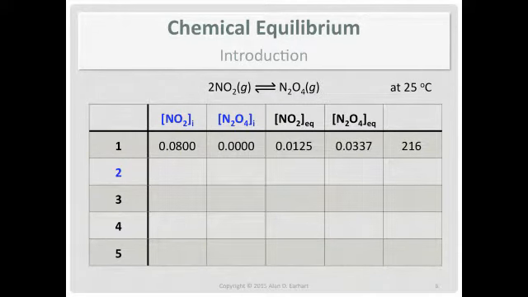Well, let's look at another setup. And we'll start by putting nothing but dinitrogen tetroxide in the container. Now, if this had been Chem 1, and if I had said we're going to take a container and fill it with nothing but product, what do you expect to happen? Well, your response would have been nothing. It's a product. Reactants go to products. Duh. But now we're looking at equilibrium. So we can have the reverse reaction happen.